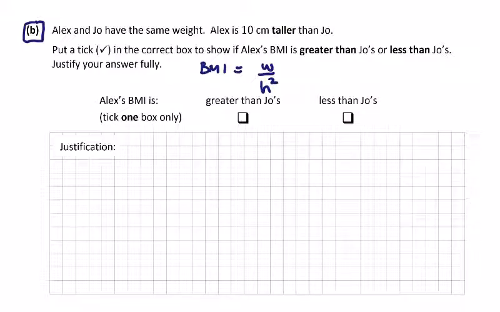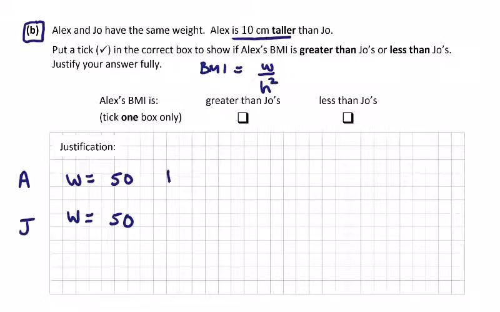Alex and Joe have the same weight. Well, let's give them a weight. We can call it W, but let's say we give it 50. Doesn't matter. Let's say they're 50 kilos. Alex is 10 centimeters taller. So let's have Alex here, and let's have Joe here. So Alex's height, let's say Alex is an even 1.5 meters